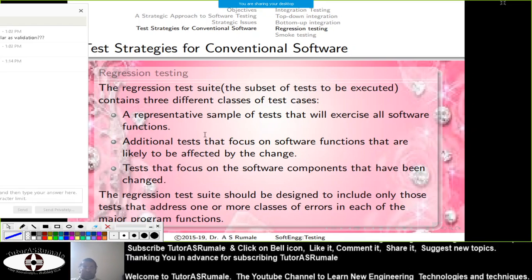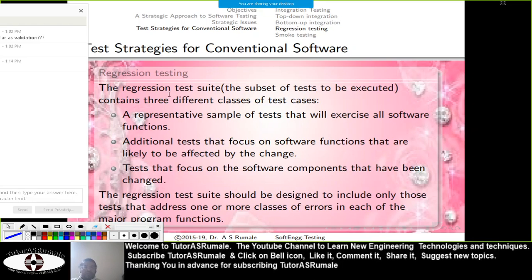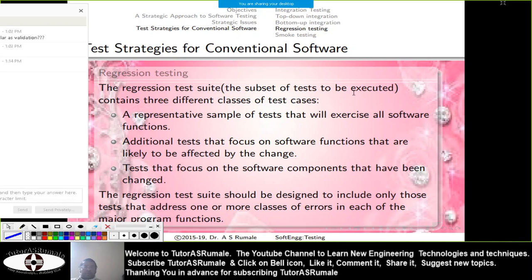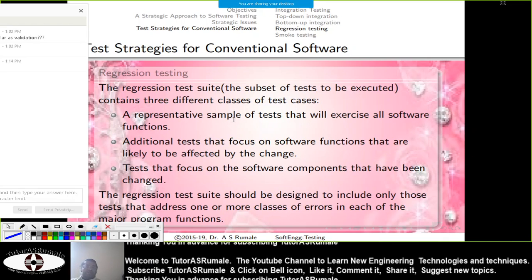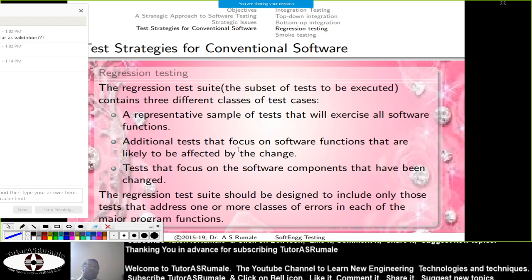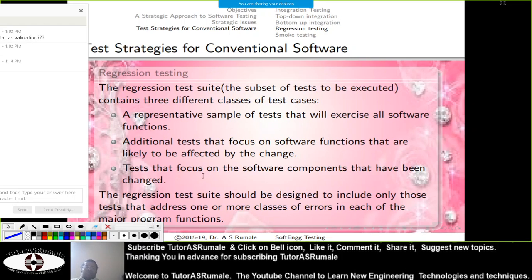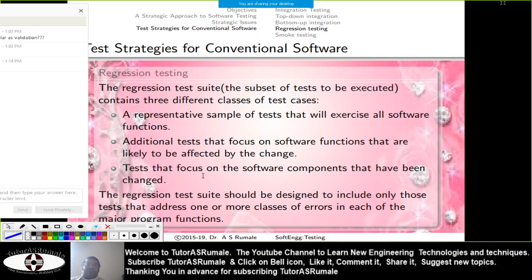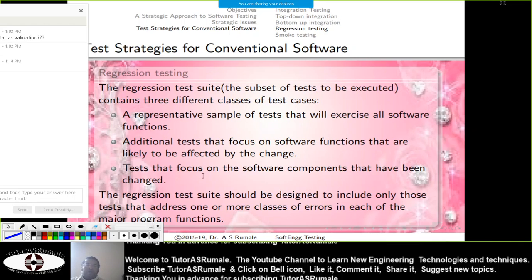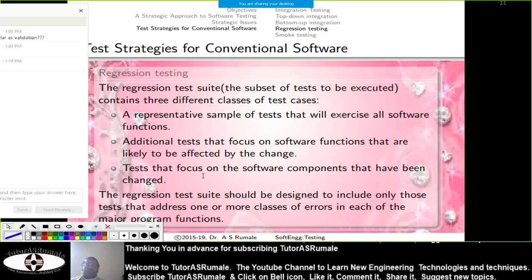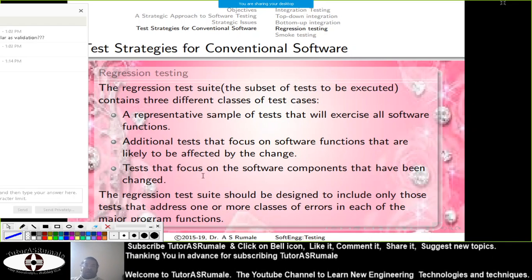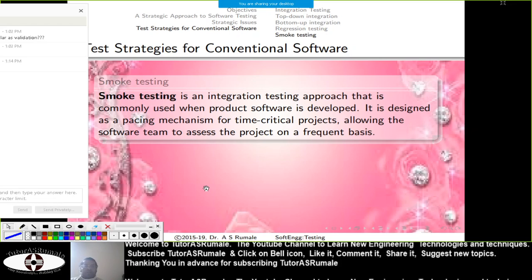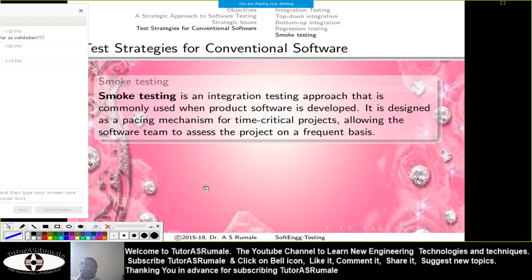The regression test suite is a subset of tests to be executed, representing a sample. Additional tests focus on software components that have been changed. So whenever a change occurs in a particular module, you retest it, and that retesting is called regression testing. Smoke testing is the final part of this.